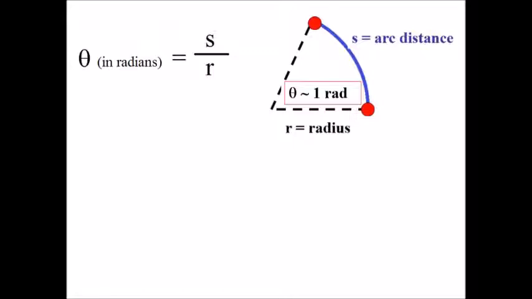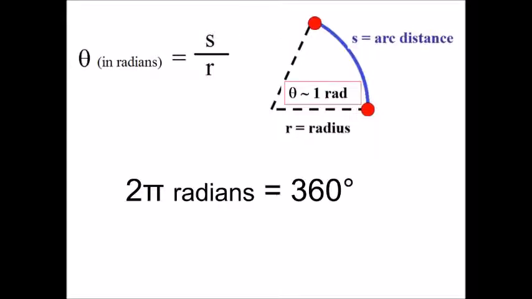A more natural way of talking about angle. Nothing against the number 360. It's a great number. Radians a little bit more natural, and we could say that 2 pi radians corresponds to a complete revolution, or 360 degrees, meaning that 60 degrees is about equal to 1 radian, closer to 57 degrees, kind of close there. And if you have a bug moving an angle theta in radians in a particular time,